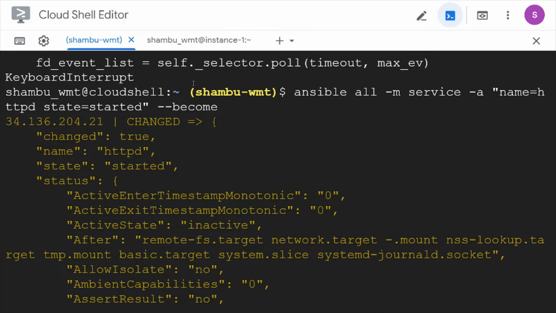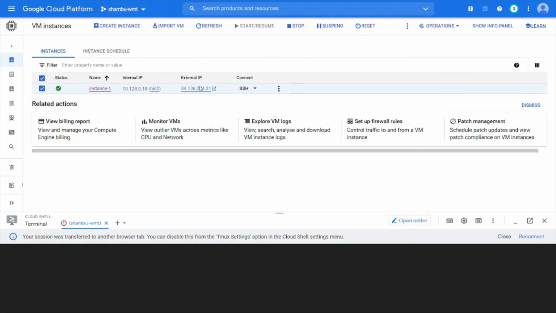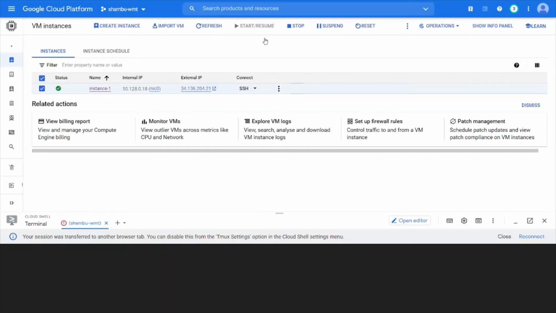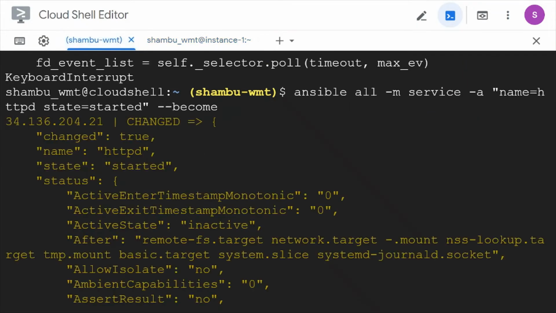So we can check the status. If I shift back here and open this, I can see the HTML page from that VM. So the service is enabled.